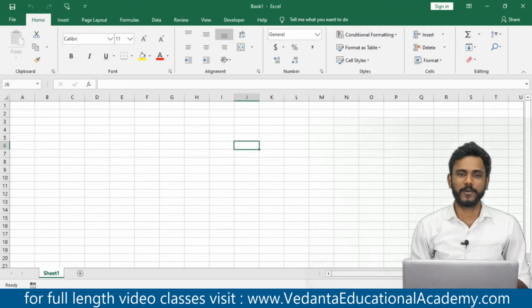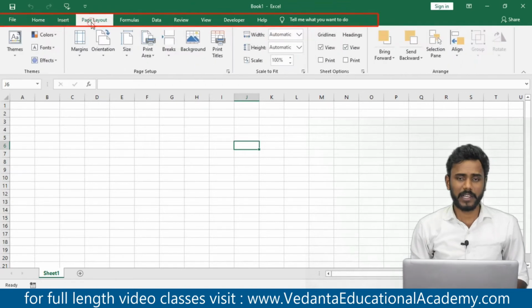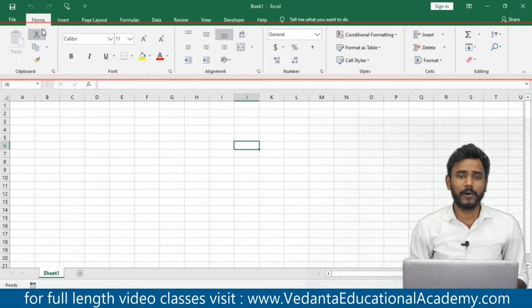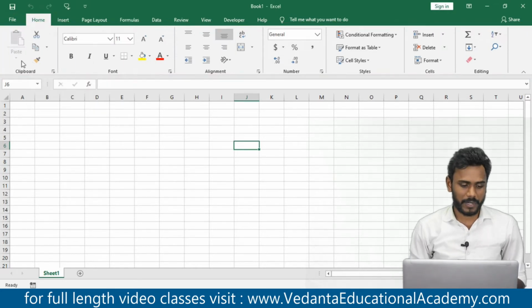Friends, in this video, we are going to learn how to create new tabs and how to add tool groups. So very simple. You may see that the green area is known as the ribbon bar, right? And the home, insert, page layout, these are all known as tabs. When you click on the home tab, the system opens the home groups. Those are clipboard, font, alignments, number, styles.